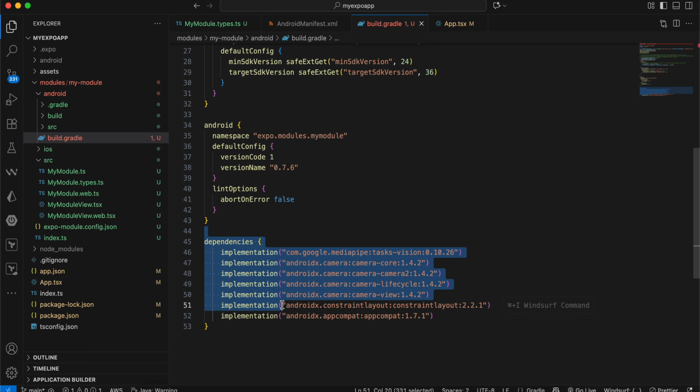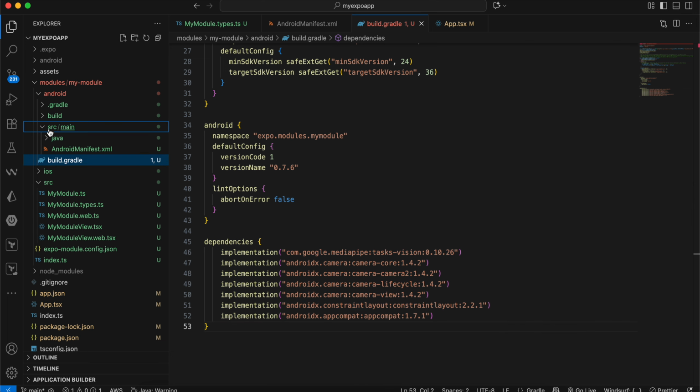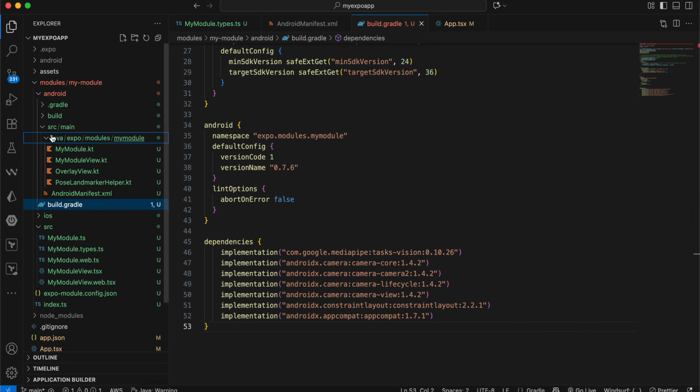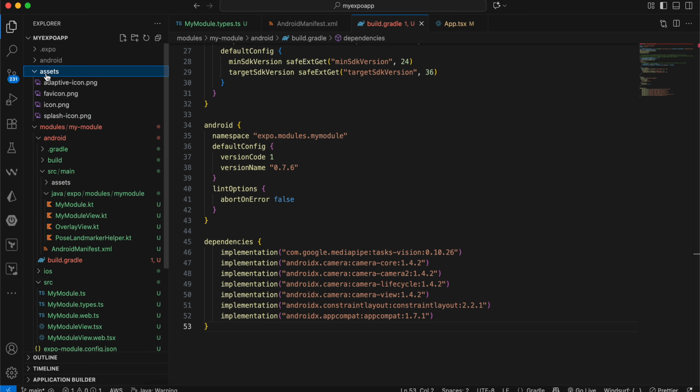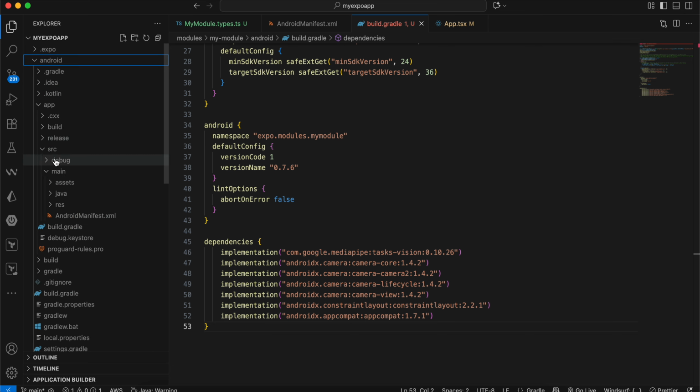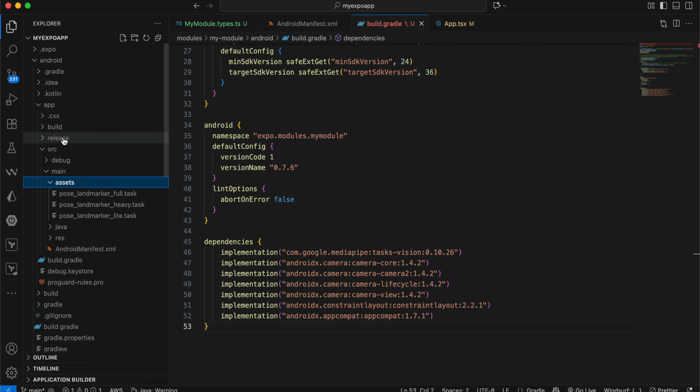Okay, so add all these dependencies, then go to src, go to java, you need to go to src main, and here you need to create an assets folder. Now inside this assets folder, just give me a second. Okay, so what I have done in my case is that I went to the main Android folder, go to app, src main, and here I have created the assets folder,